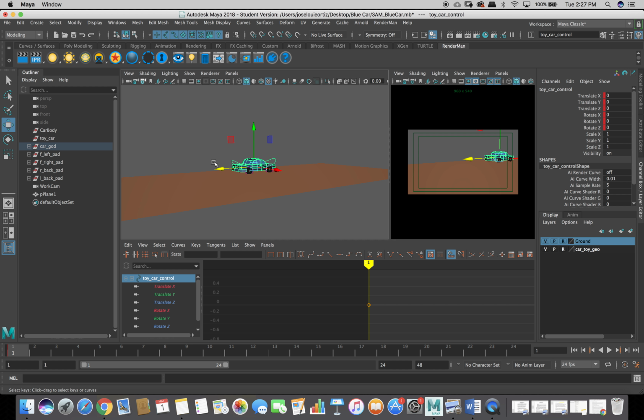Okay, so there are 2 things that you can possibly do with a character or an object. Either it's going to move or it's not going to move. So if it's not going to move, the values will not be changing. If it's moving, then the values are changing. So the easiest thing for me to animate is to approach this as if you're doing a puppet animation